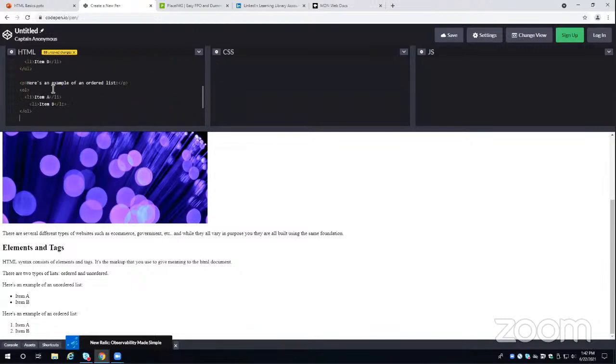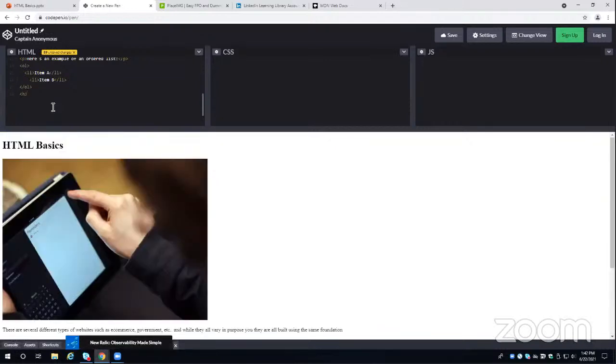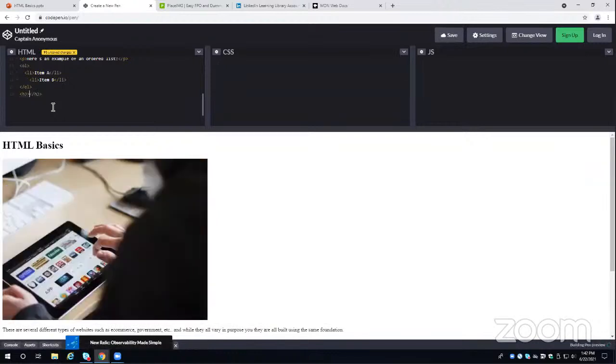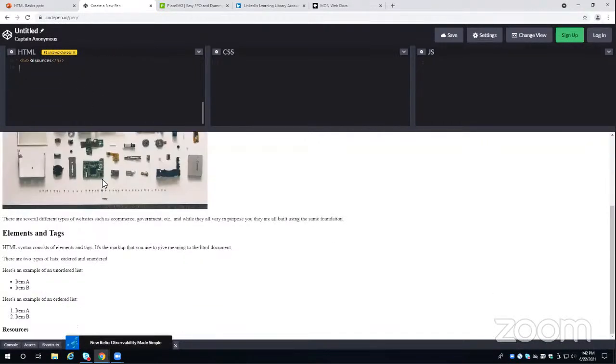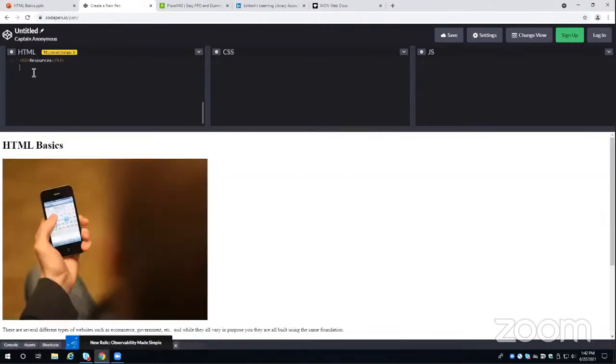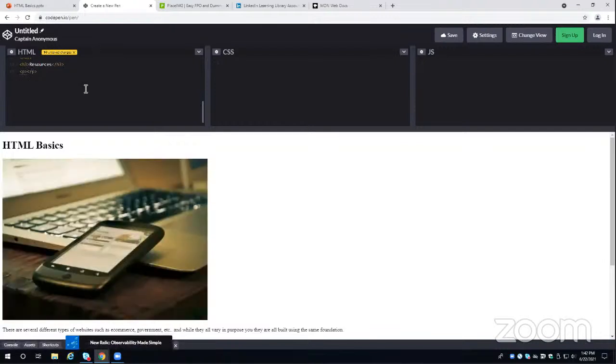Let's go ahead and I'll use another heading, an H3 heading. And I'll label this as resources. Perfect. Okay. Now, create a paragraph. Can't forget that closing slash in the closing tag. So,